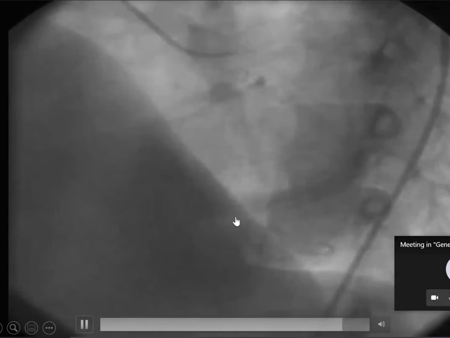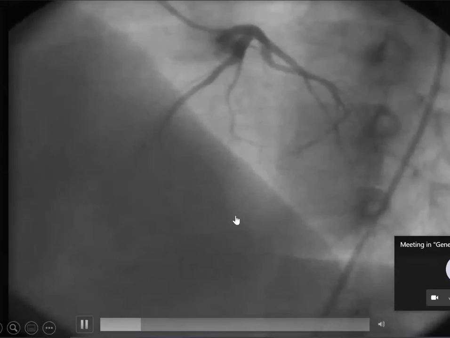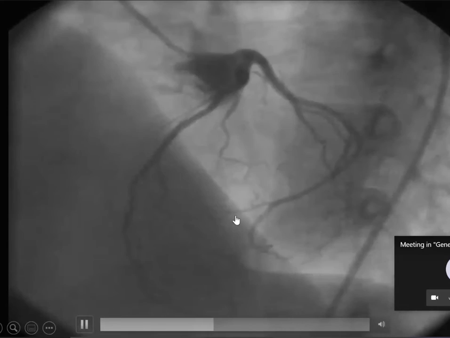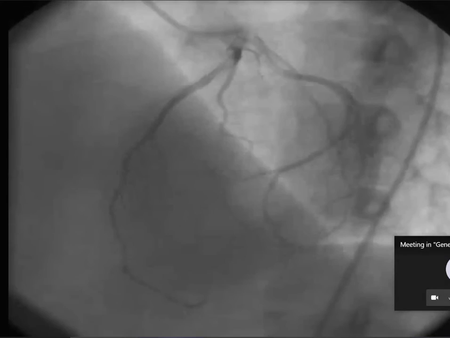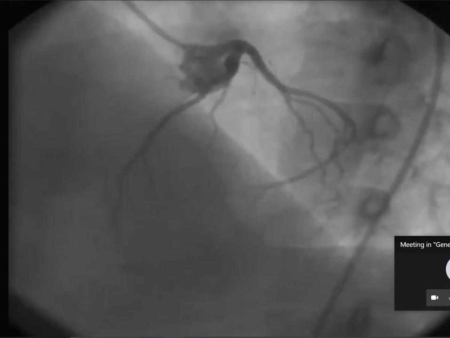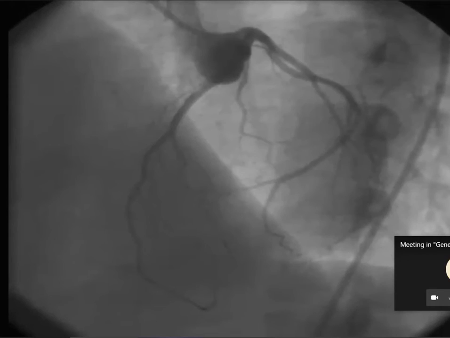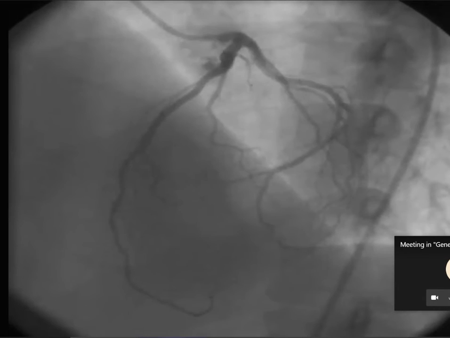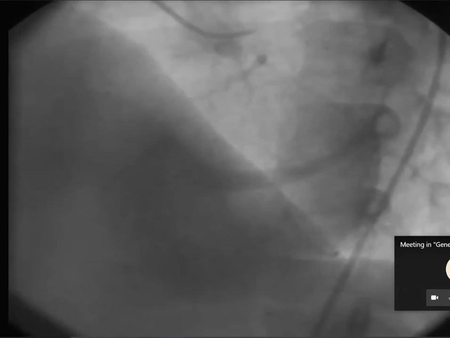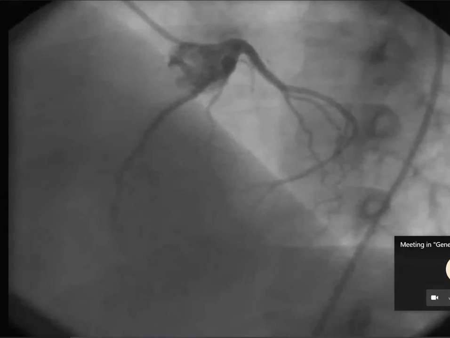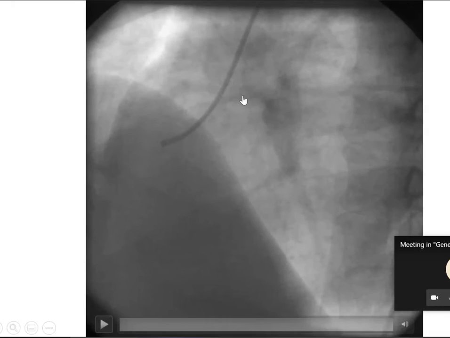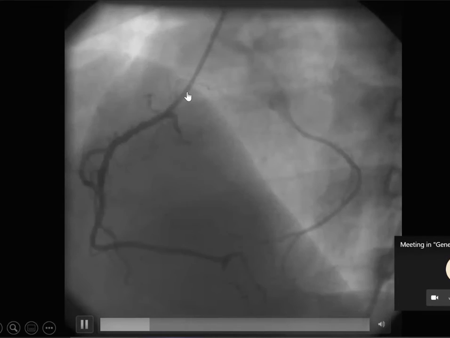Why high origin? What is this high anomaly? Anomalously high origin of RCA. Why high origin? One coronary should fill the other thing? There is no high origin. Origin angle is normal. Catheter has gone deep inside. There is no high origin.